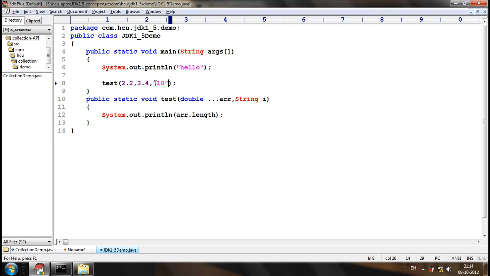Just because we cannot expect the number of arguments at front. We can expect 0 to n number of arguments at the end, and if we give any arguments, whether 0 or 10 or 20, it can accept. But at front, how can we expect the number of arguments? It cannot be expected. So the rule is varargs should be only one for a method or a constructor, and that should be the last argument of the constructor or a method. The varargs should be only one, and it should be the last argument.